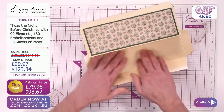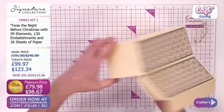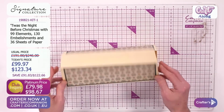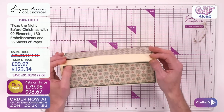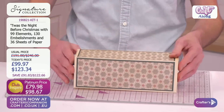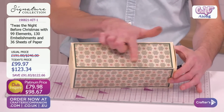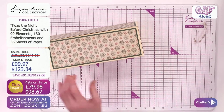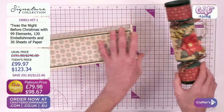So I'm going to press them ones in. I'm going to press them ones in. That will then be the box for a cracker. So what you will need to do at your own leisure is make another poinsettia that's going to sit into the middle. The only thing that I want to do last, so that we can at least complete the full